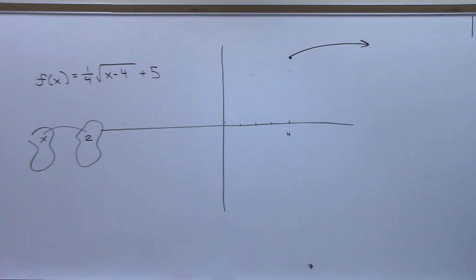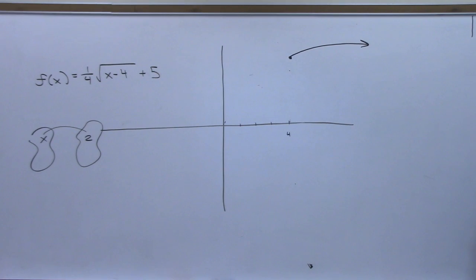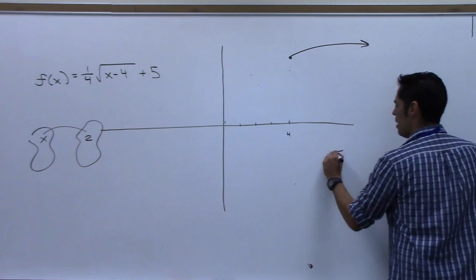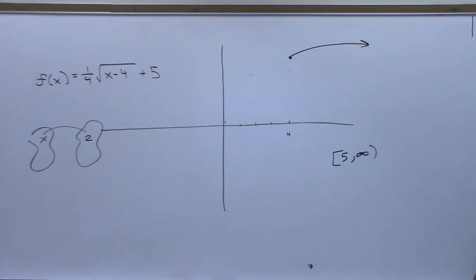Because you moved up 5 and then you only keep going up. Okay, if I look at this right here, what's the range of that function? 5 to infinity. Everyone agree? 5 to infinity. That's the range? You can tell by just looking at that. That means, is it possible